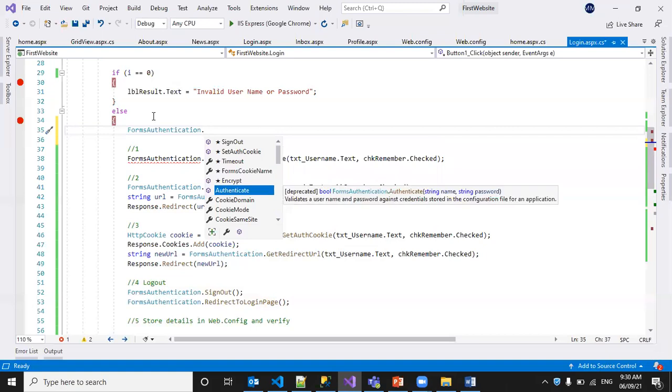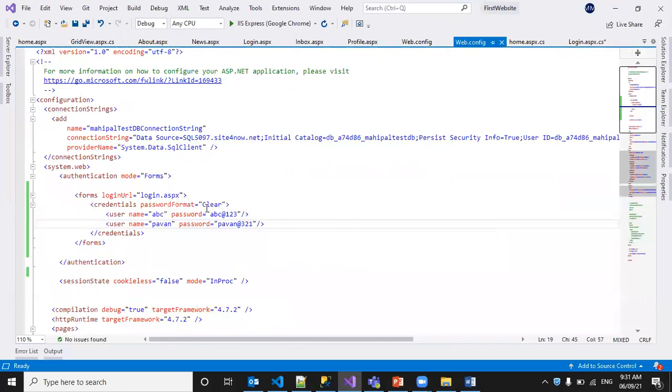Next is the Authenticate method. It validates a username and password against credentials stored in the configuration file for an application. Suppose I don't have a database and I have limited users that I want to validate. I will store the usernames and passwords in the web.config file, like username abc, password abc.